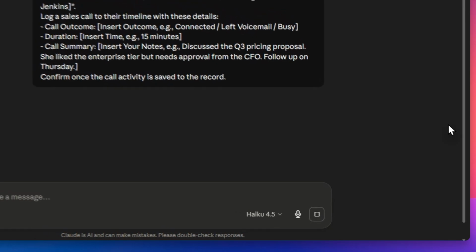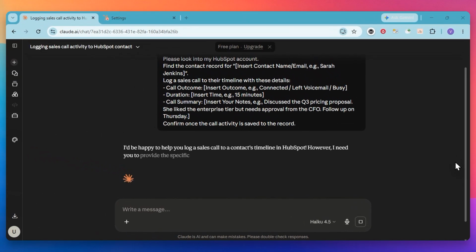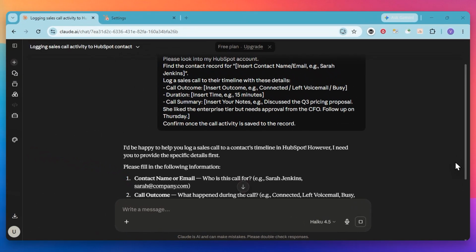For example, you might note that you spoke with a client about a new pricing proposal and mention any necessary follow-up actions. Using this structured approach helps the AI identify exactly where the information belongs. After you submit the prompt, Claude will process the request and interact with the HubSpot API to save the activity. Always ask for a confirmation once the task is complete so you can be sure the record is accurate and